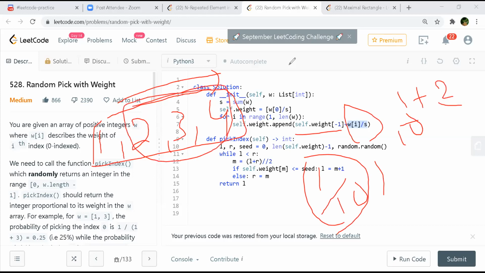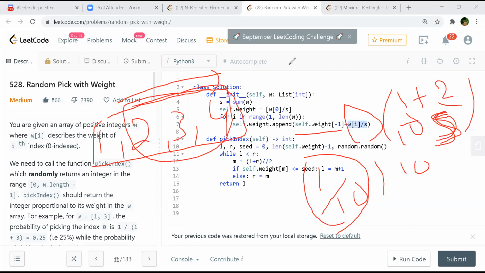You are not changing S, right? You will always keep S the same. So 2 by 10, sorry, S will be the same. Okay, so you are again doing a cumulative sum, but you are using float values in this case.